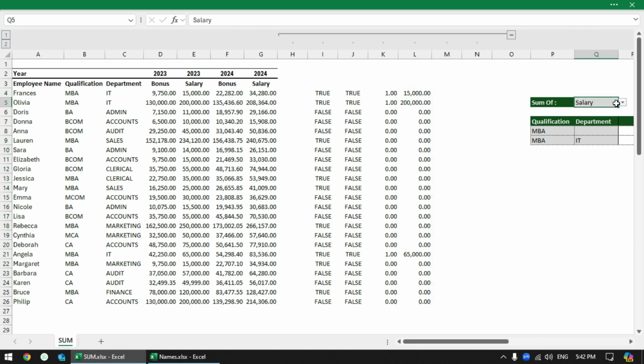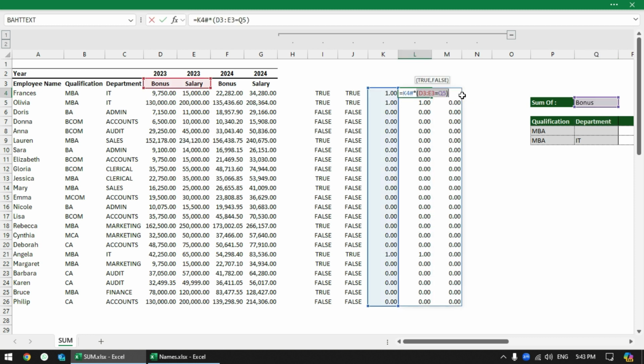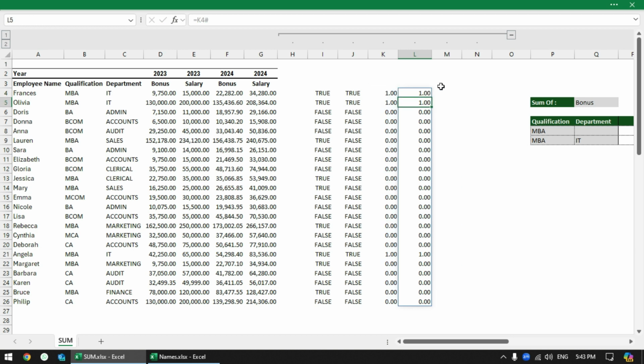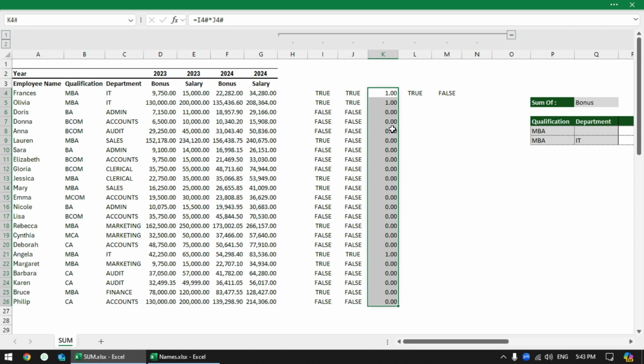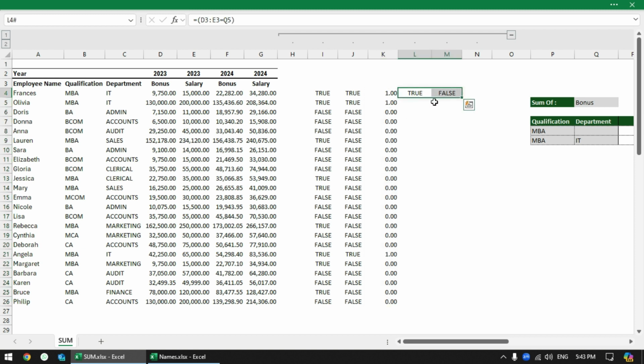But we also need to consider this condition. It can be either bonus or salary. We cannot fix it like this. Let me show you. So basically this is turning true and false. So when I multiply this entire array with this array, let me do it here,